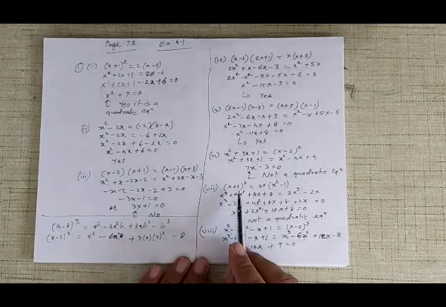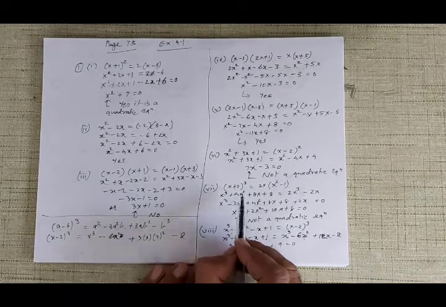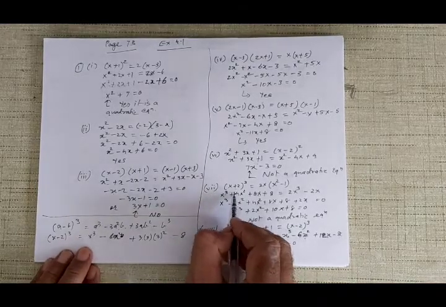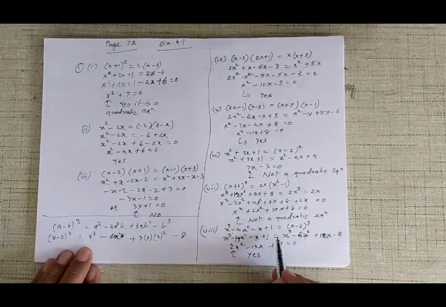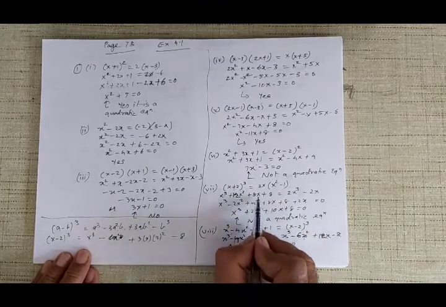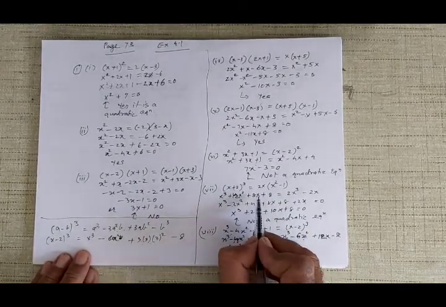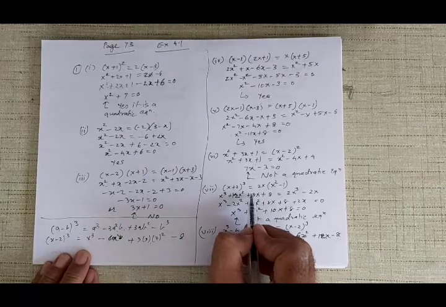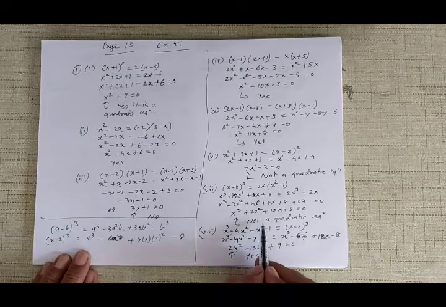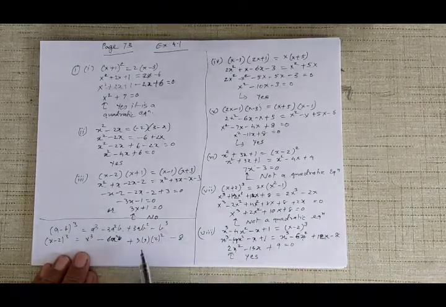Now here it was again cubes. I think I have made a small mistake here. Just see, x cube plus, 2 square is 4, 4 3s are 12, this will become 12x square, and plus this will become 3 into 2 into 2, 12x. But of course the answer will still be the same, it will be not, because what would happen is it would cancel out, and therefore it would be not.